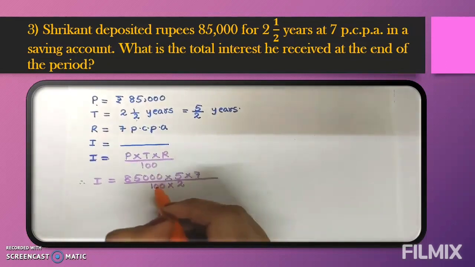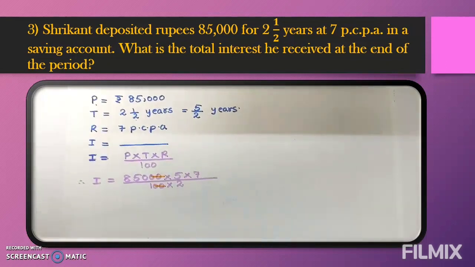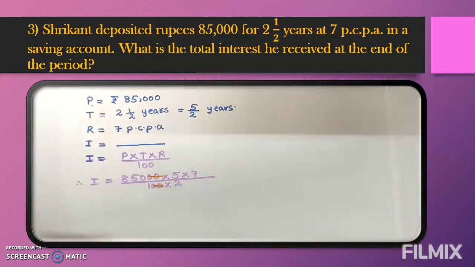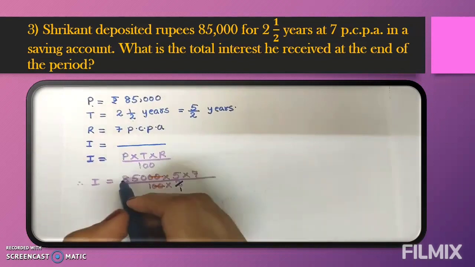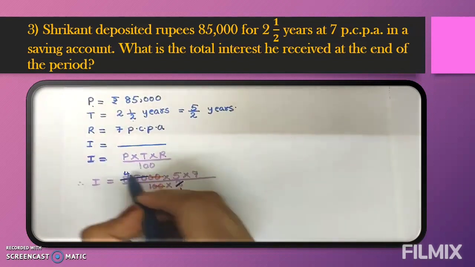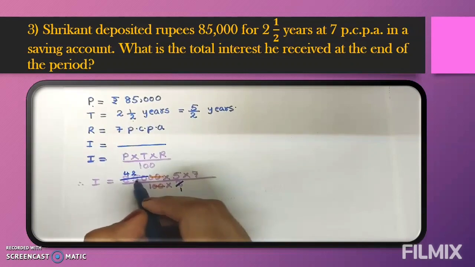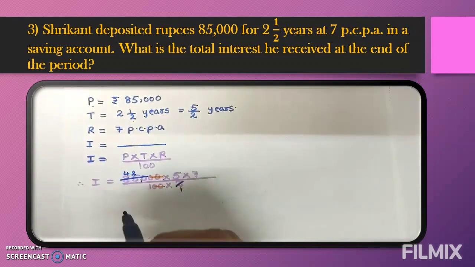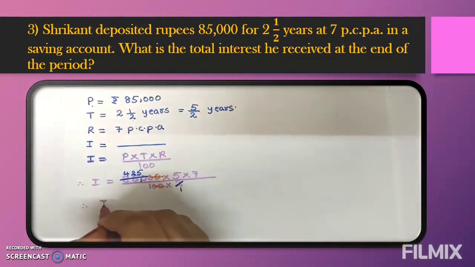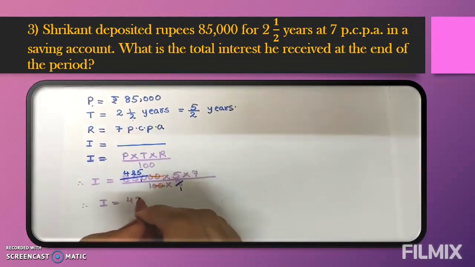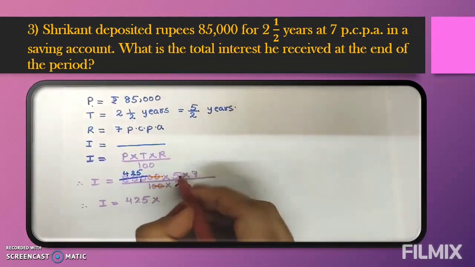Now we will do cancellation. 2 zeros we have down, 2 zeros we have up, so we will cancel them. Further, 2 is an even number and 850 is also even. Even numbers come in the table of 2, so we apply the table of 2. When 2 is there, 2 1s are 2, so we cancel it and write 1. Now apply 2's table here: 2 4s are 8. Here 2 2s are 4. Here we have 5, so we give 1 to the next number. It becomes 10. 2 5s are 10. Now what is left? We have I is equal to 425 into 5 into 7.